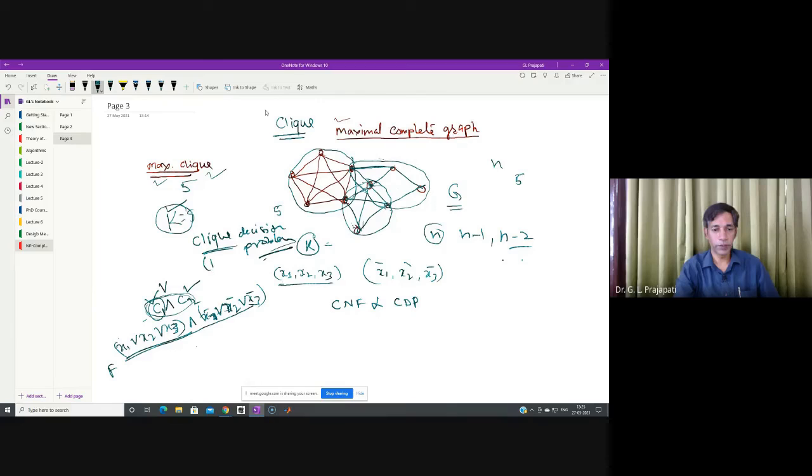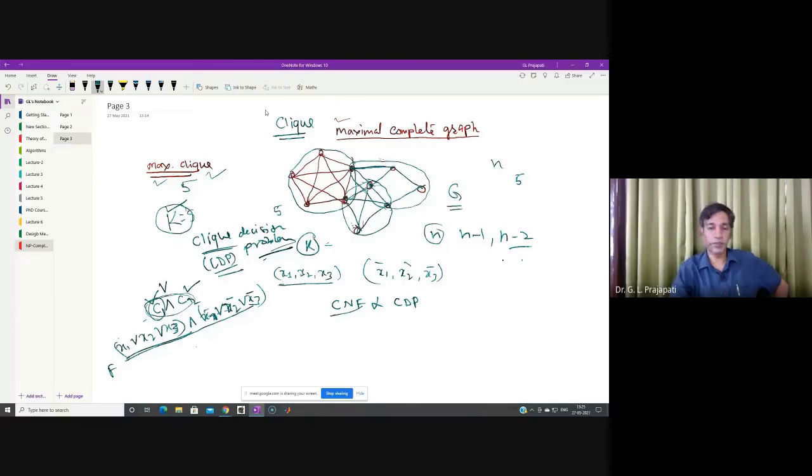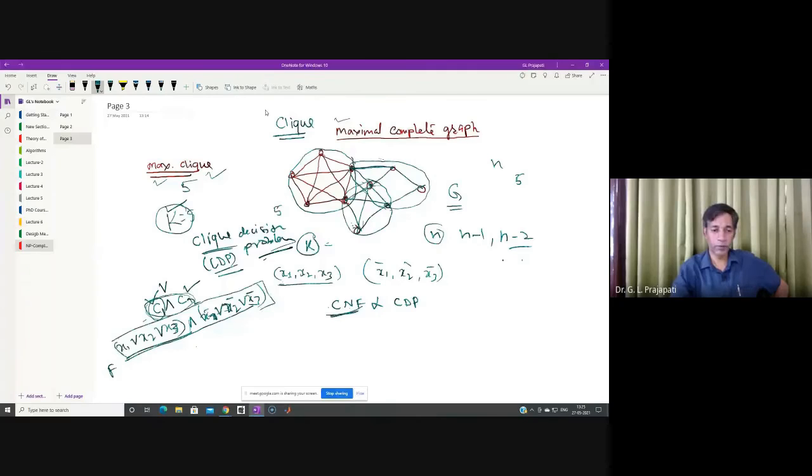This problem is known as CNF. You want to determine whether this conjunctive normal form formula is satisfiable or not, and if you write the algorithm,